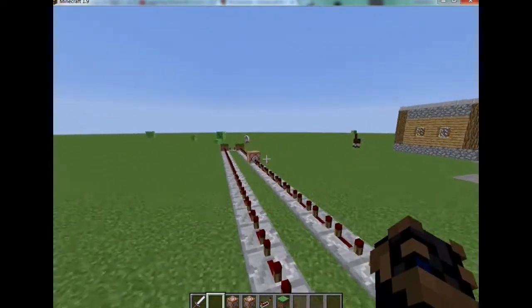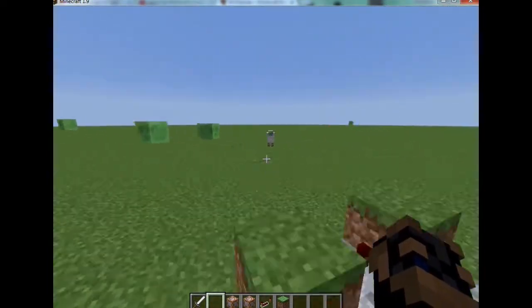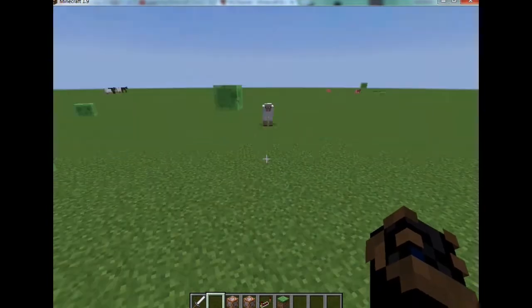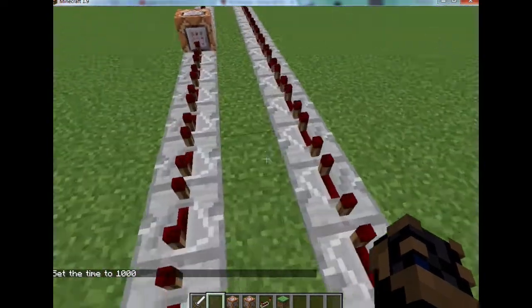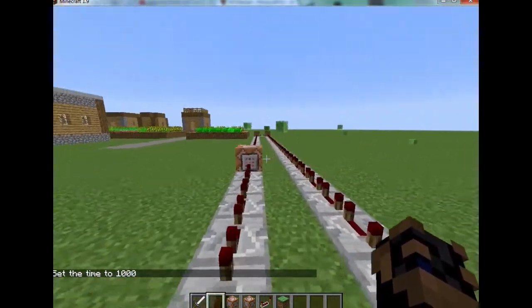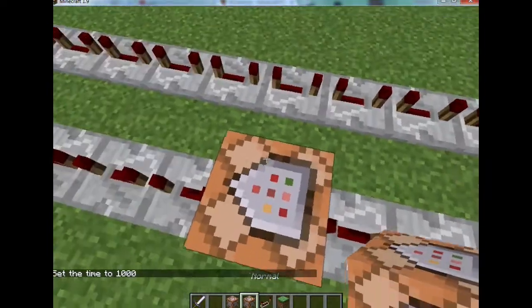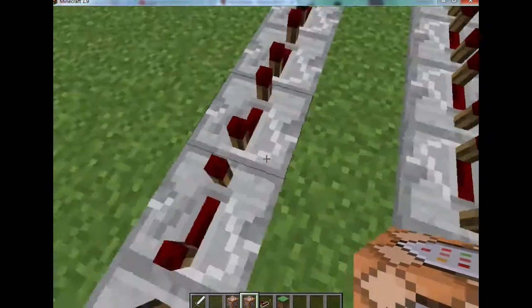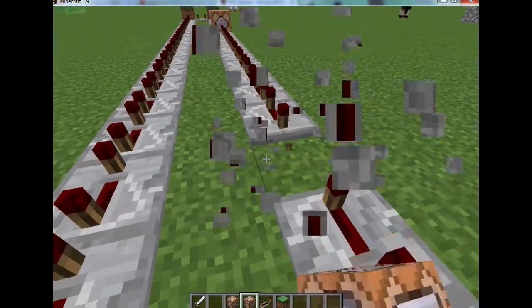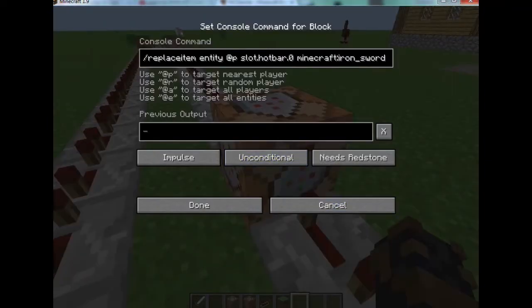Anyway, so once you have it, make sure it's going in a loop, and you can test it by sending a signal to it and counting how long it takes. But anyway, once you have your power up one, you're going to go however many seconds you want the power up to last after that, and then you're going to place the normal command block. So, and this time we're also going to go,